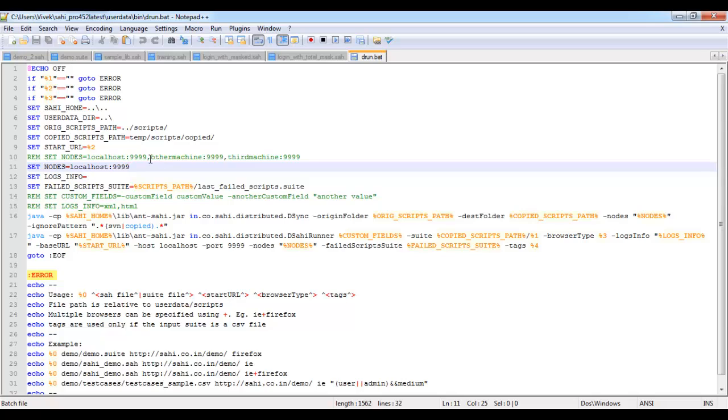I can mention those machines using their machine name in the nodes section over here, and then Sahi will automatically distribute the test cases on other machines. Please note that you need to have Sahi running on all these machines so that Sahi will be able to connect to the port 9999 on these machines, and then it can send the test cases to be run over